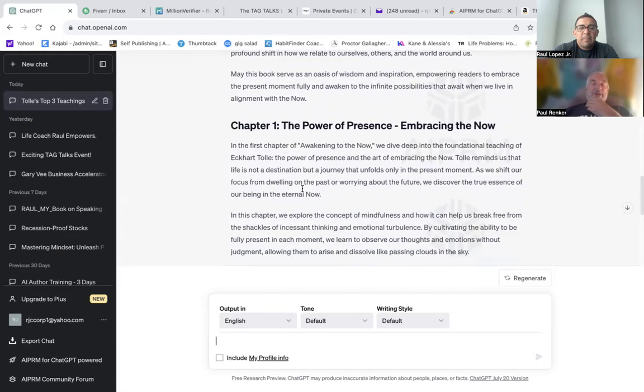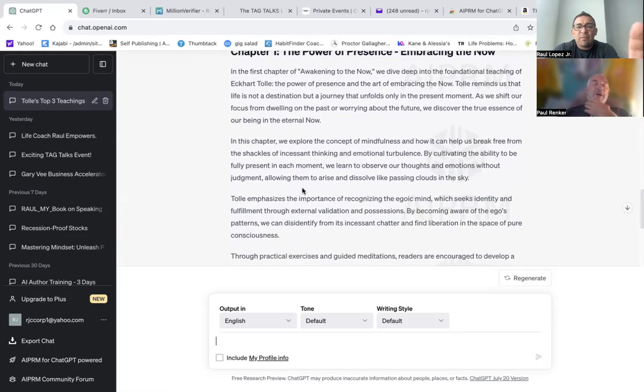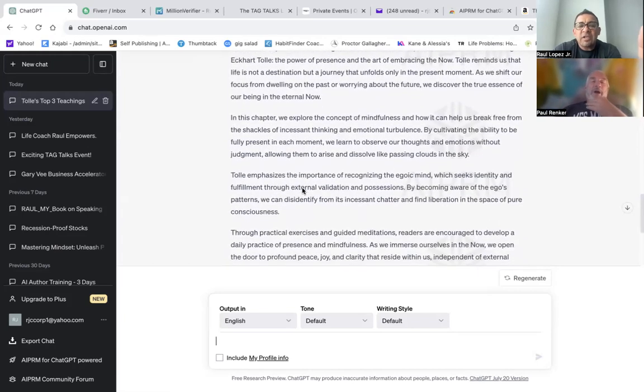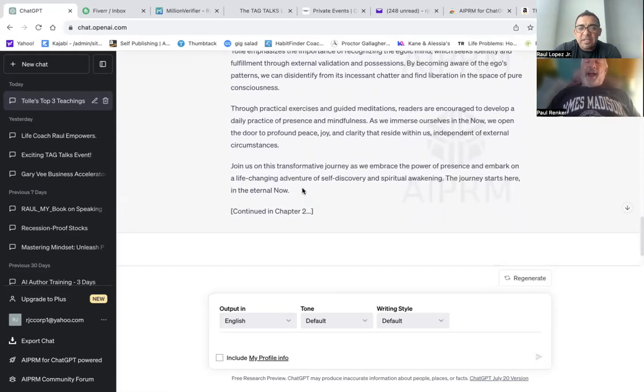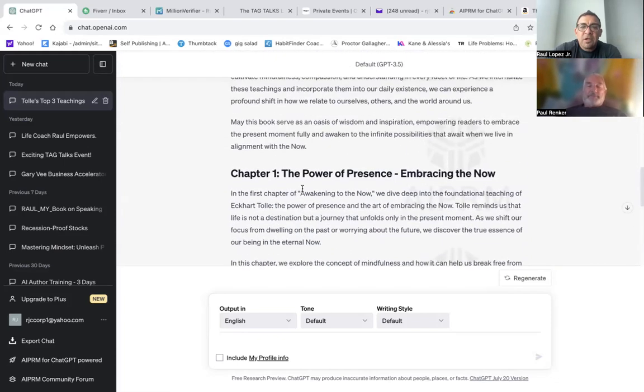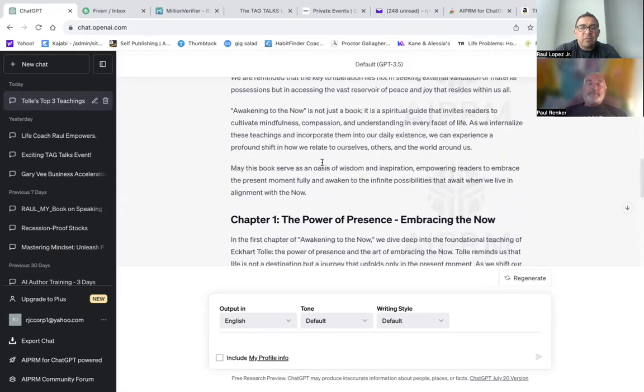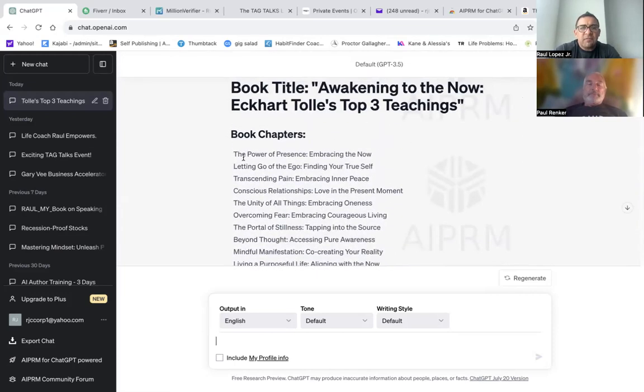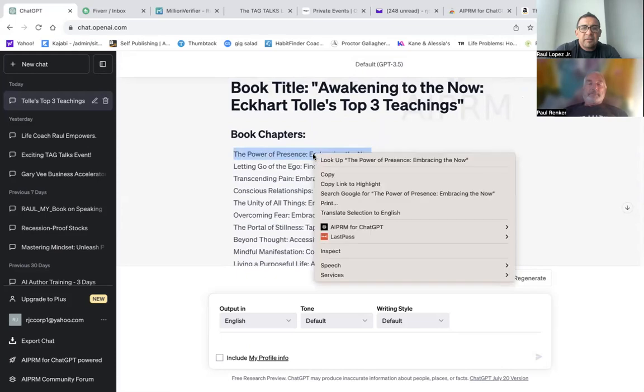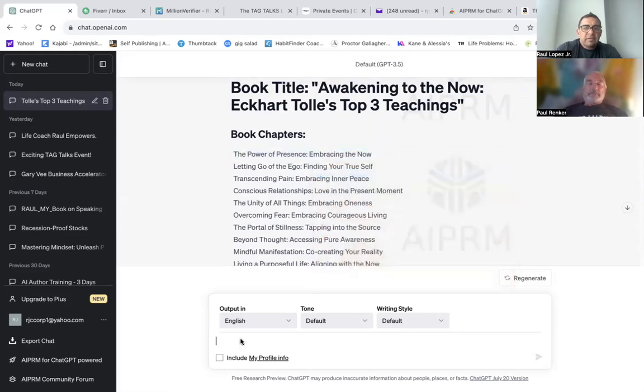Chapter 1, presence, right? And what this right here did is it's telling you what chapter 1 is about. It's not necessarily writing the whole chapter. So what you do now is you go down here. Well, here's how I do it, because I have seen it get confused. I'll copy this. And then I'll say, write